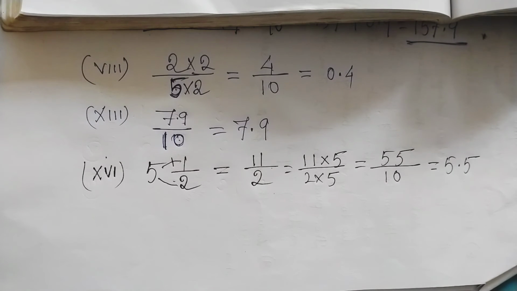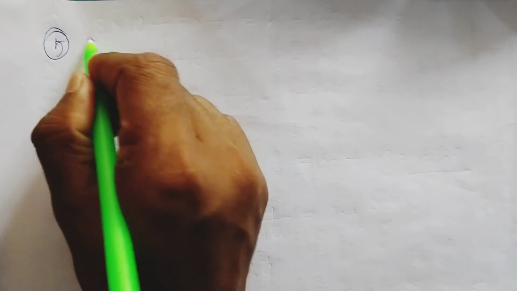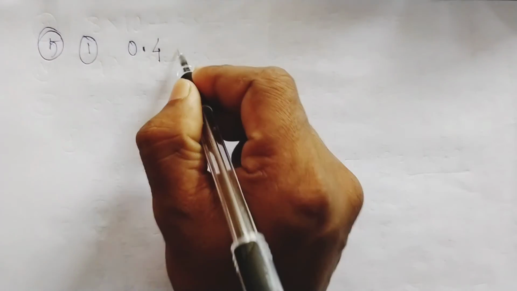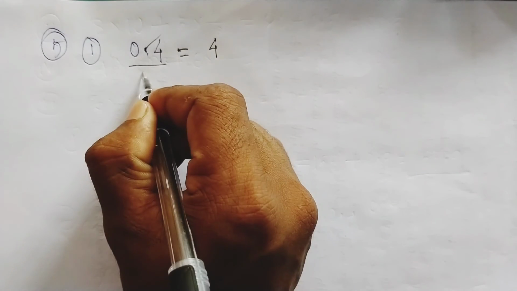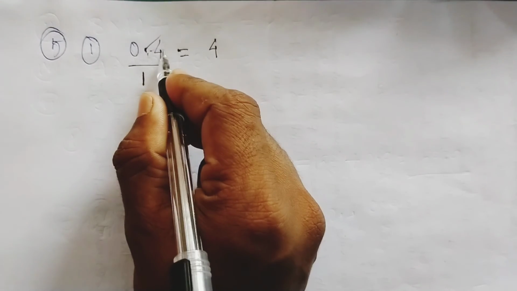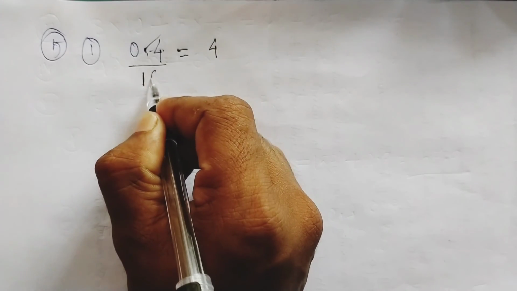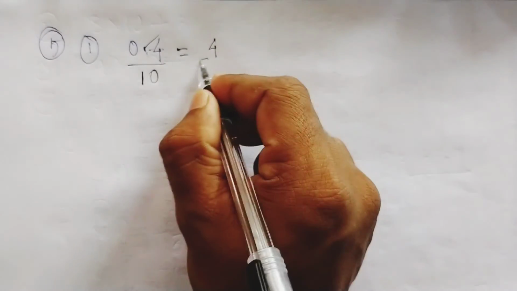Understood everyone? Now you can solve all the problems of question number 4. Now try to solve question number 5. Write the following decimal as a fraction. Also reduce them to simplest form. So here is the first question, 5.1. Here is given 0.4. You have to convert it into a fraction, just simply remove the point. So for the point we can write 1 in the denominator place, and after the point how many digits here? 1 digit. So just write here only 10. So this is 4 by 10.